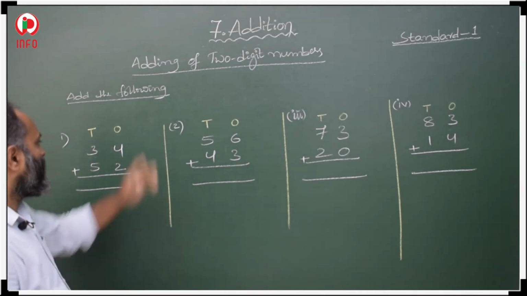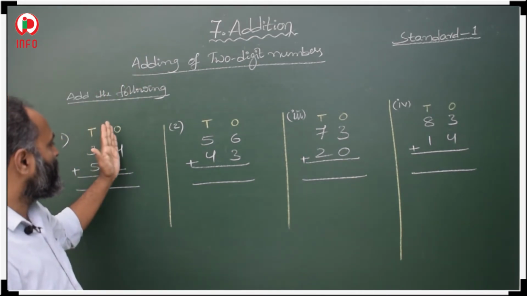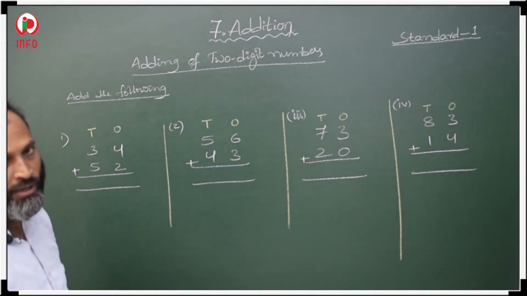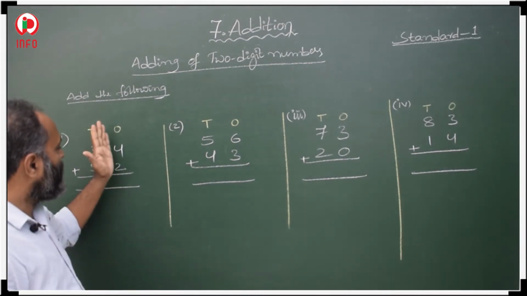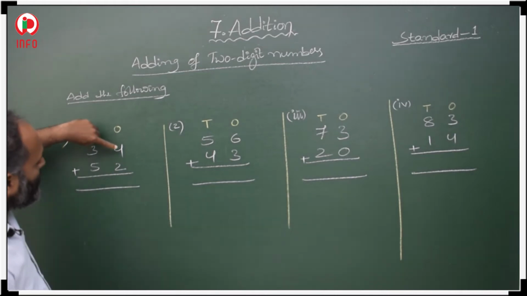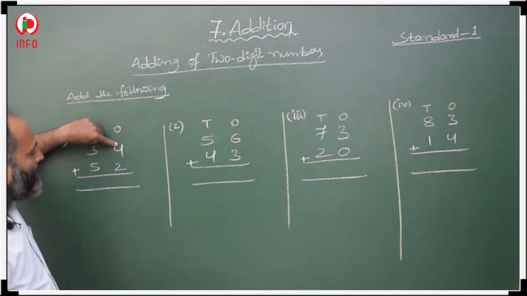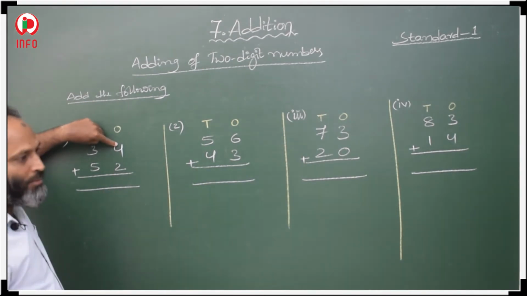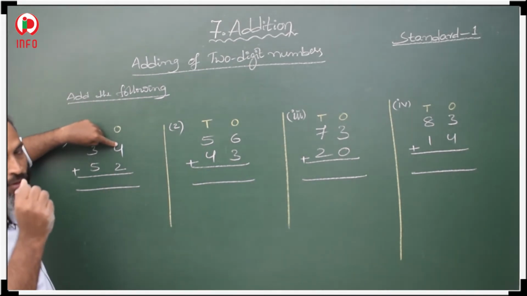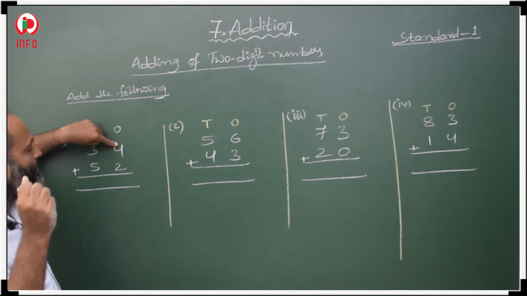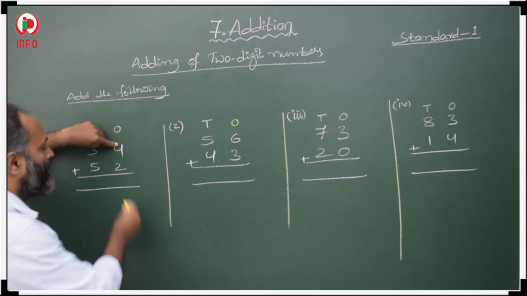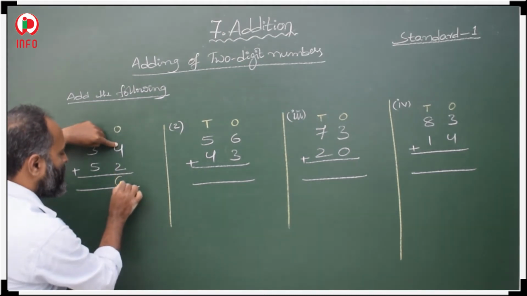See here. We start our addition from ones place. This already we told. So, from where we start? From 4. So, keep here your finger on 4. First ones place, keep your finger on 4. Then 2 is there. It means you have to count 2 forward. After 4, 2 we have to count forward. 5, 6. That you have to write in ones place.